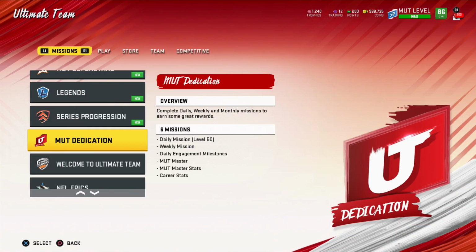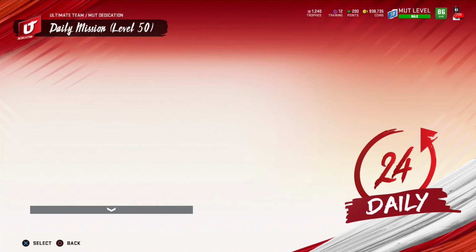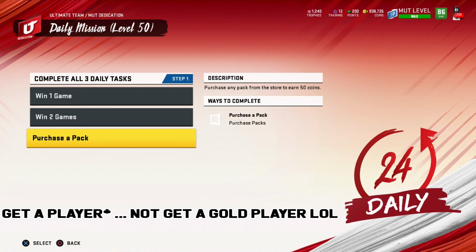The next missions tab is going to be under MUT dedication, and this is things you should also be working on every single day you're playing the game. First is obviously your daily mission. You guys know how to complete this. You just got to win 2 games. It can be solo challenges and get a pack. All you have to do is open up that 500 coin gold player pack,